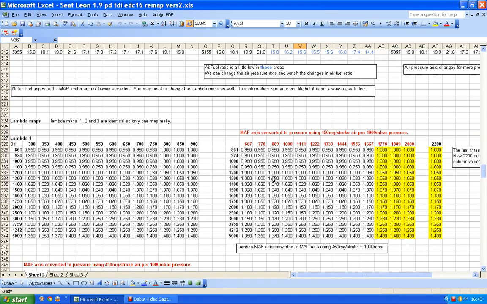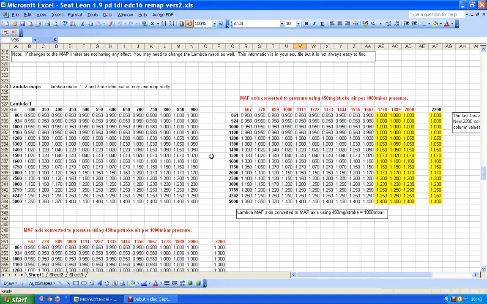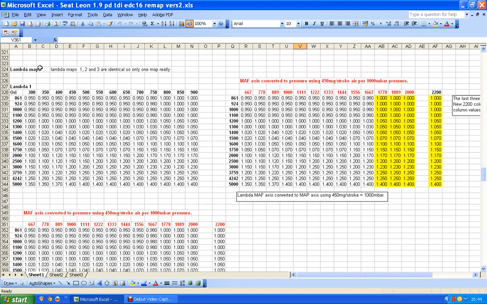Okay, in this video I'm going to take a look at the Lambda maps. Now, this EDC16 file has 4 Lambda maps, 3 similar looking ones and one that looks slightly different. The odd one doesn't seem to be functioning at all, which leaves us 3 similar ones,